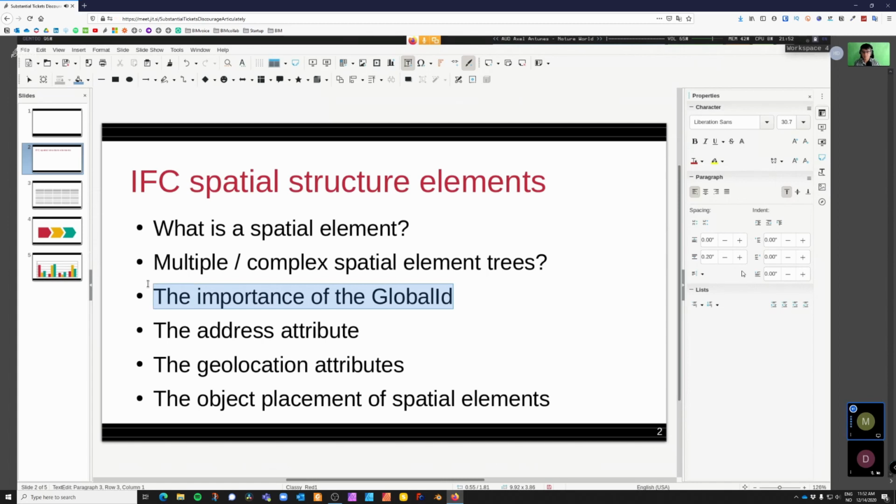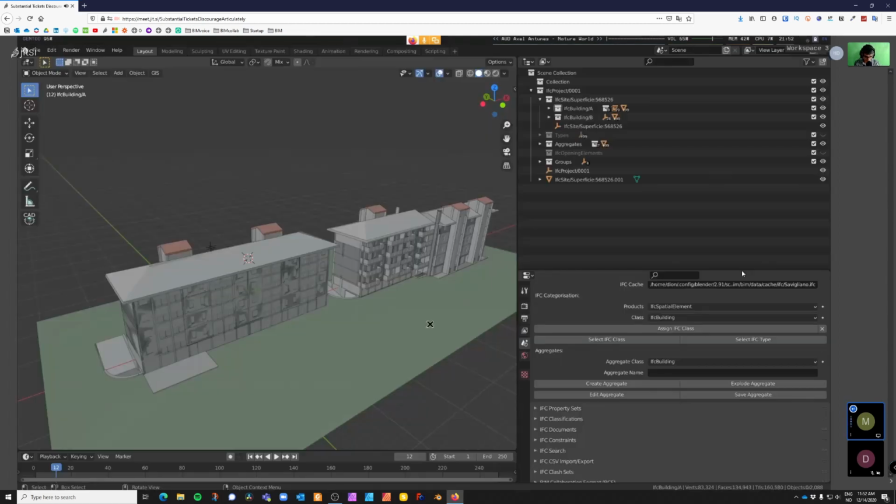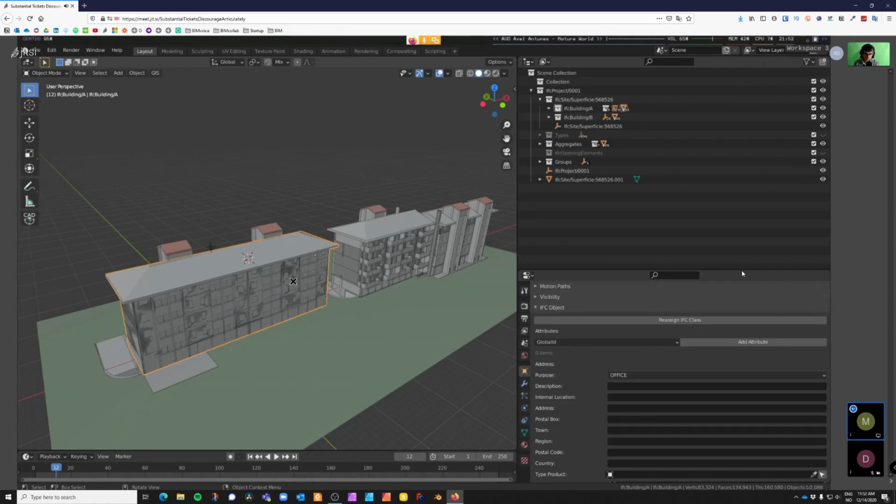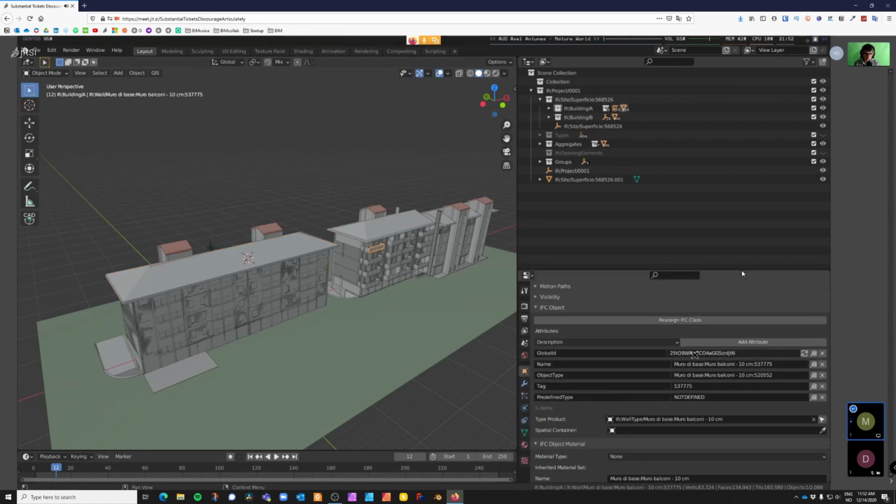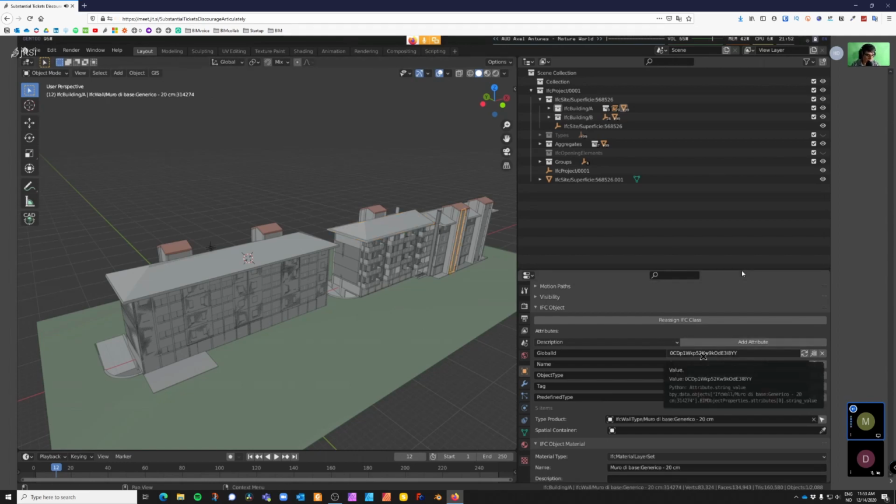Okay, I wanted to talk about this. Remember how a long time ago we said how IFC classes, which users care about, are called rooted, and what that means is that they all have a global ID. So if I click on this, I can see that it has a global ID. I click on that, it's got another global ID, and so on. Now, a global ID is pretty special when it comes to